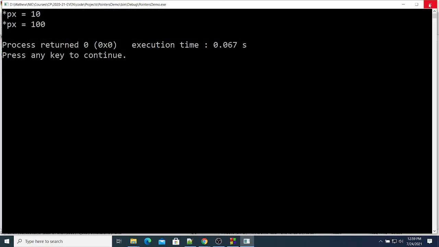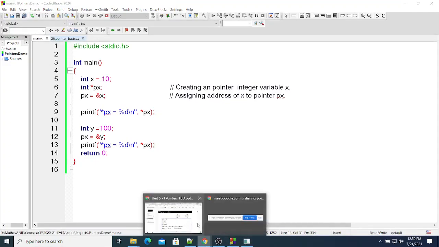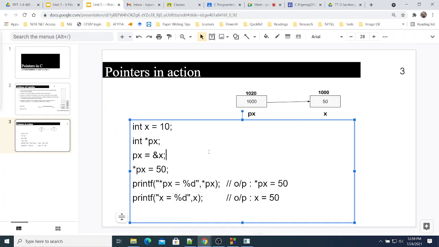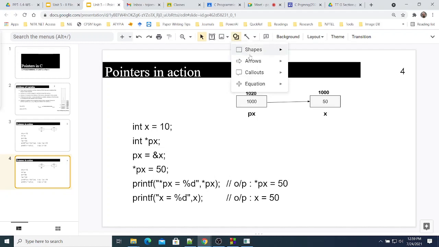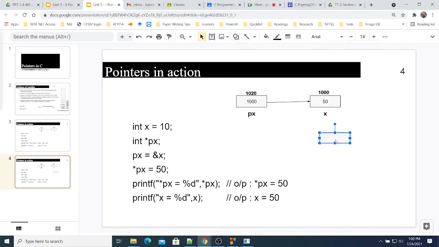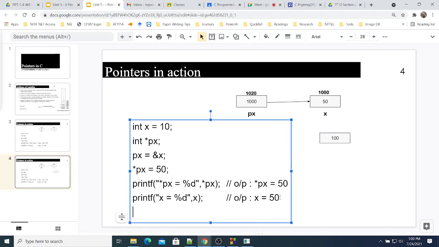100. So what happened is, I can show it in that PPT. When I created y, I got another variable here, y, and the value is 100. Okay, now when I do px equal to ampersand y, what happens is,